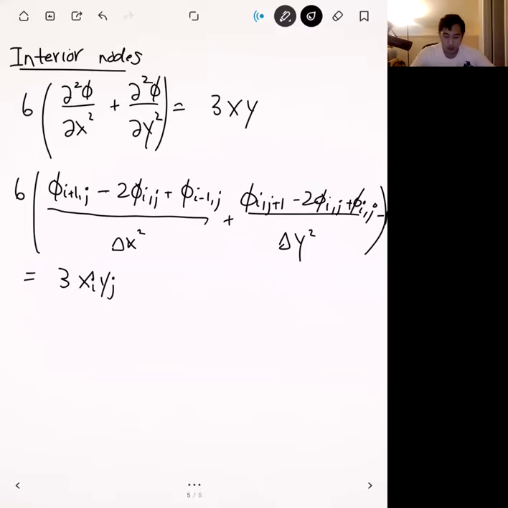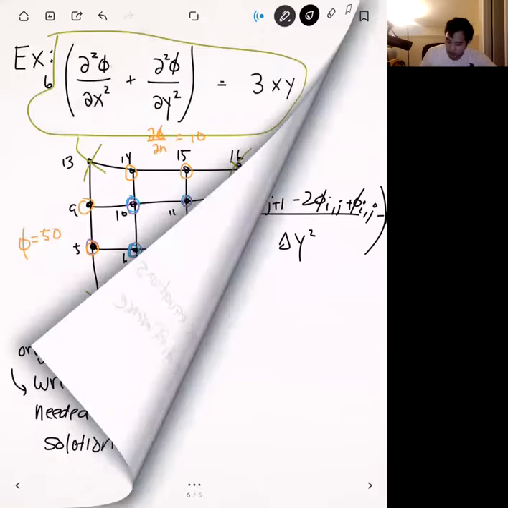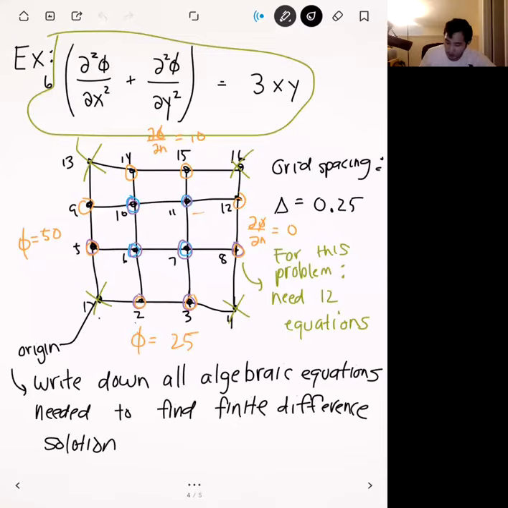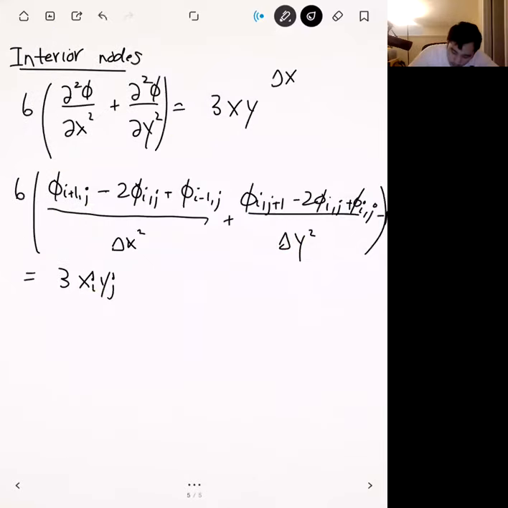All right, let's plug in the numbers at this point because we have everything that we need. From the previous page, we said that delta is going to be 0.25, so delta x and delta y are equal to 0.25. When we plug that in and factor it out, what we get on the left-hand side is 6 divided by 0.25 squared. Pulling out my calculator, 0.25 squared, 6 divided by the answer, 96. So we're going to have 96